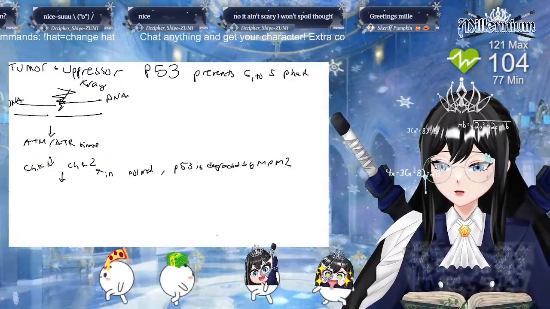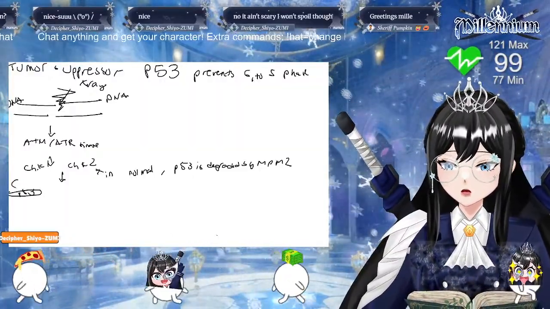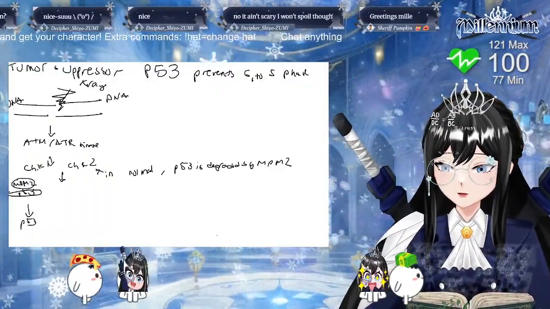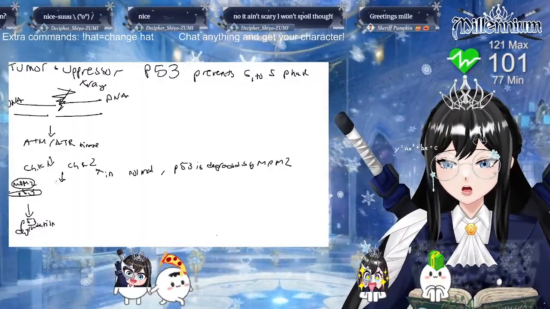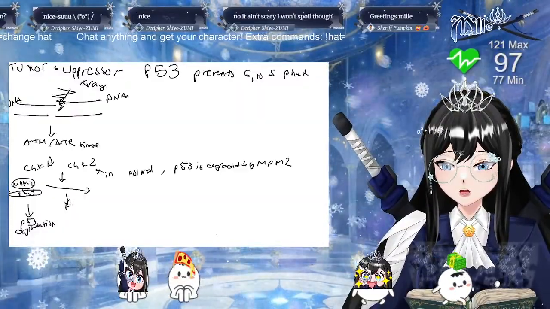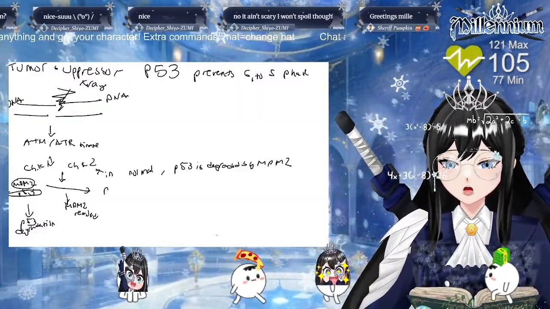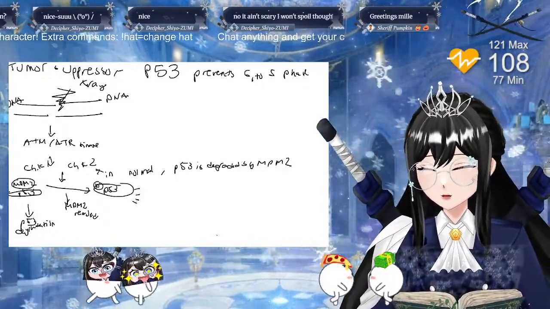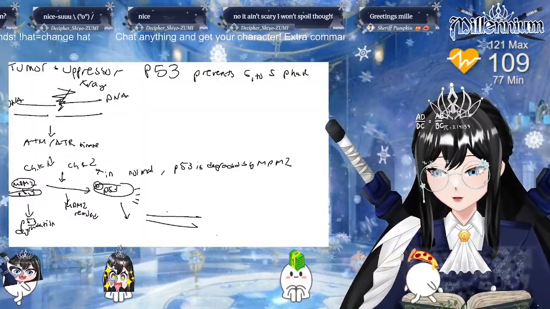P53 is normally degraded by MDM2, so P53 degradation. But if the CHK1 and CHK2 are activated, then the MDM2 is removed, and your P53 is phosphorylated and very activated, and it can bind to and make the P21